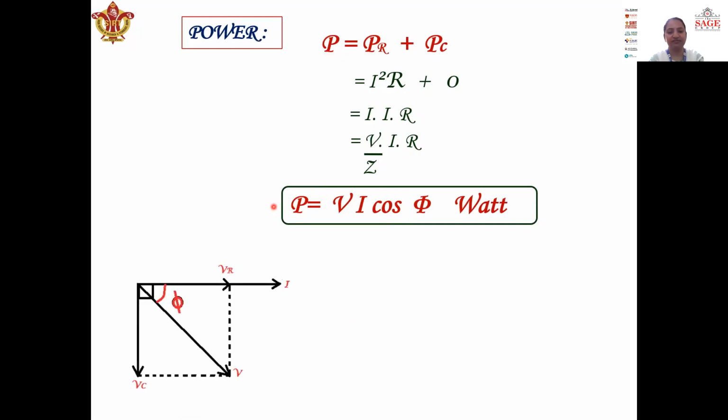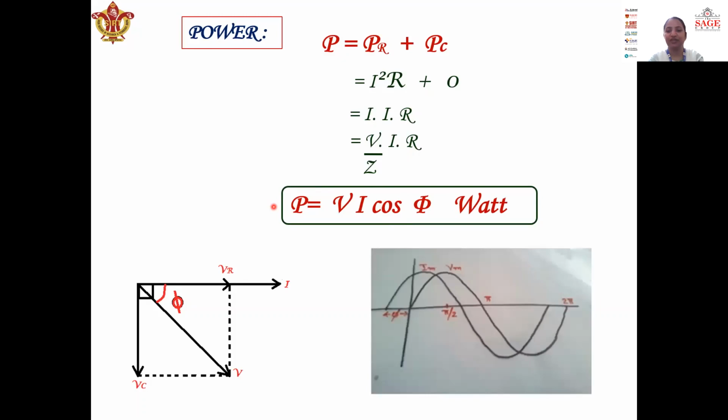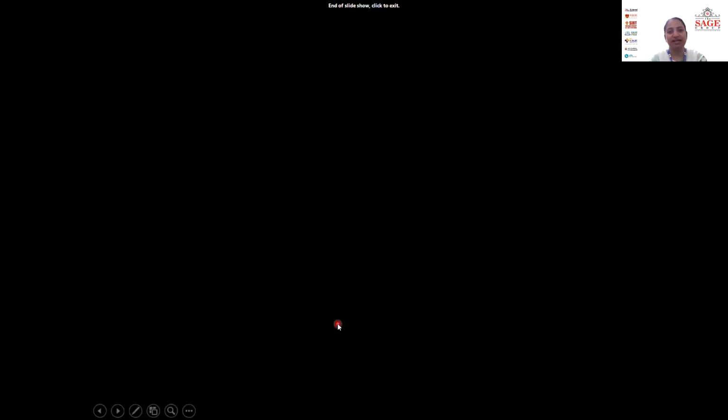So this is the phasor diagram and this is the waveform diagram. Mind it, this is the waveform diagram. Now from the origin, the voltage waveform is being drawn here. So this is the voltage waveform and this is the current waveform. As I have already told you, current is leading voltage by an angle phi. So the phi angle is mentioned here, and the phase difference is that current is ahead of the voltage by angle phi. So current is leading voltage here by an angle phi.